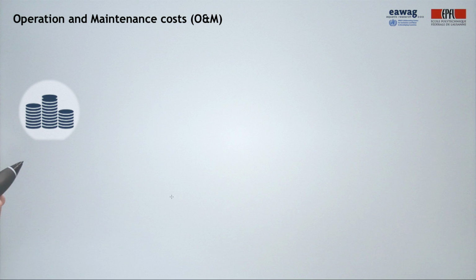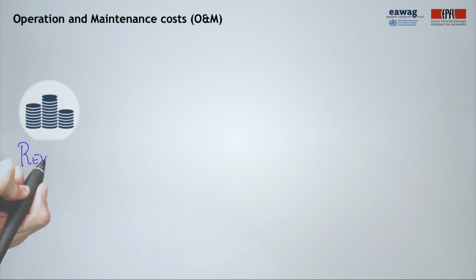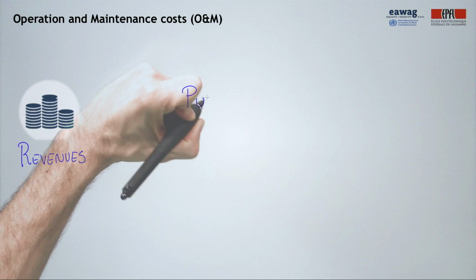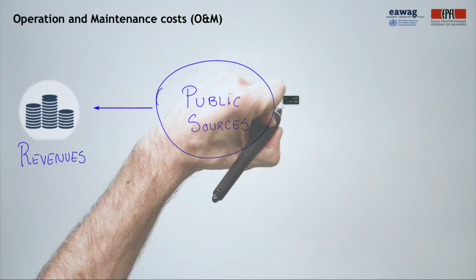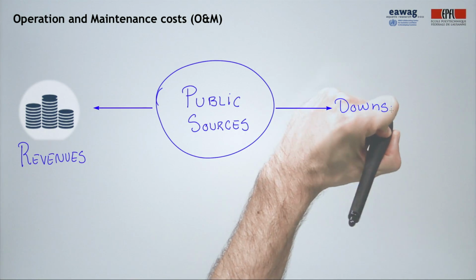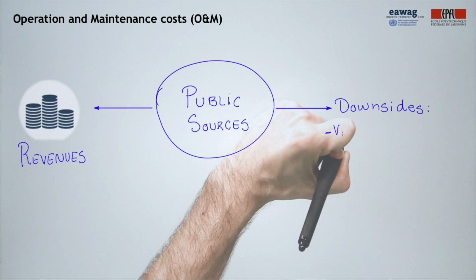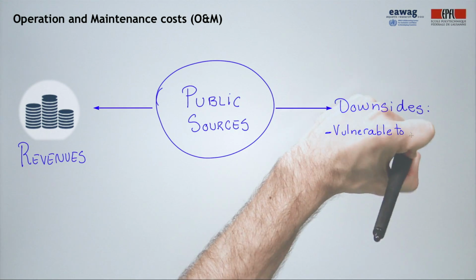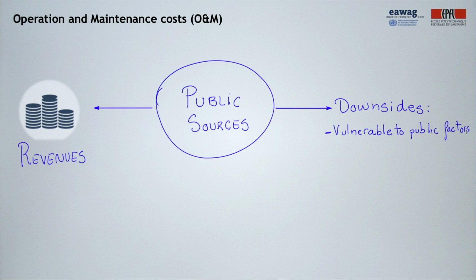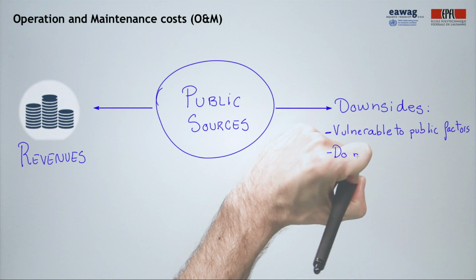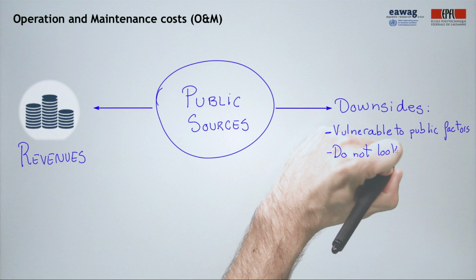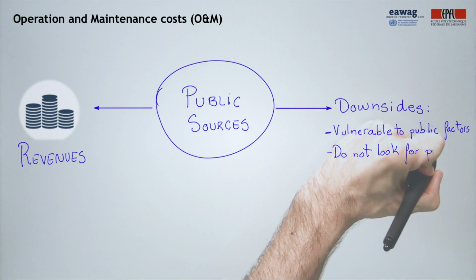The money required to cover this cost is called revenues, which mainly come from public sources. Public financing systems have two main downsides. On the one hand, they are vulnerable to political factors and national economic problems. In Bengaluru, India, and Managua, Nicaragua, for example, fees are being kept low due to political reasons rather than affordability issues. On the other hand, public services are often not looking for profit, but are rather run as a cost